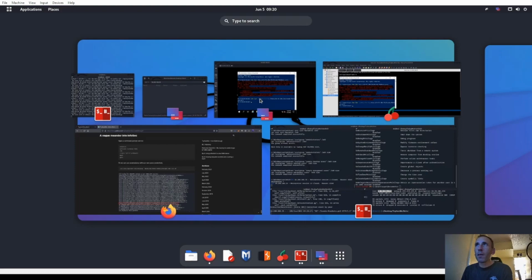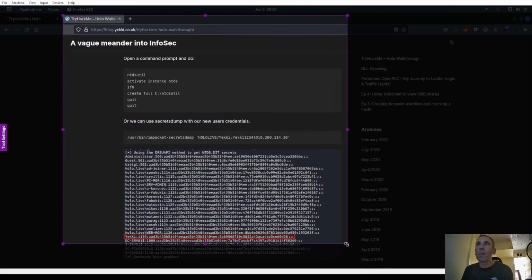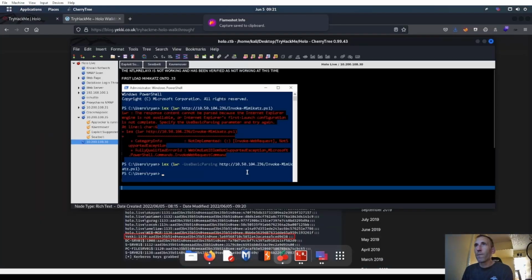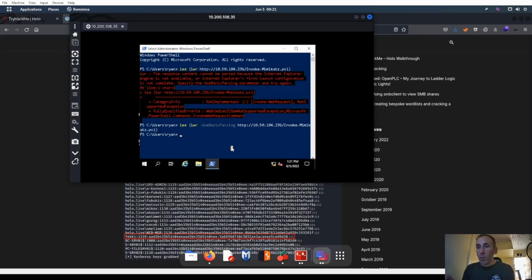So first load Mimikatz onto .35. Okay. Then we are going to do a pass the hash. Since nothing was working and it was verified to not be working at this time, we looked at a walkthrough and found NTLM hashes. Alright. Which is not really the best way to do it, but that's how we're going to do it. So we're going to do an Invoke-Mimikatz. Should not hit tab. I messed up. Invoke-Mimikatz -Command